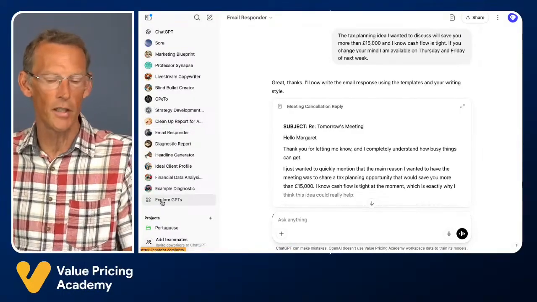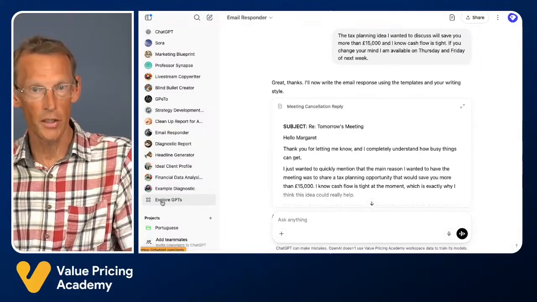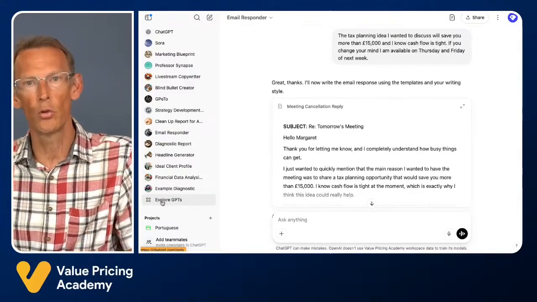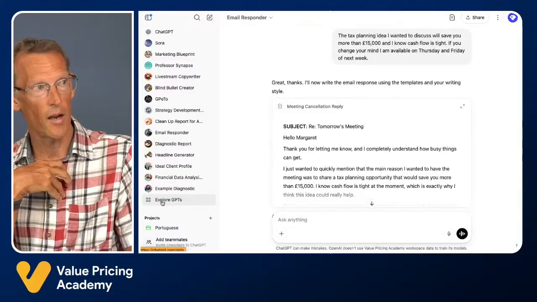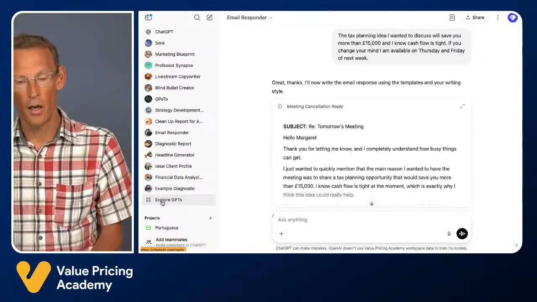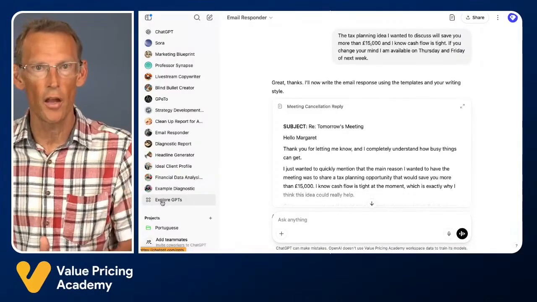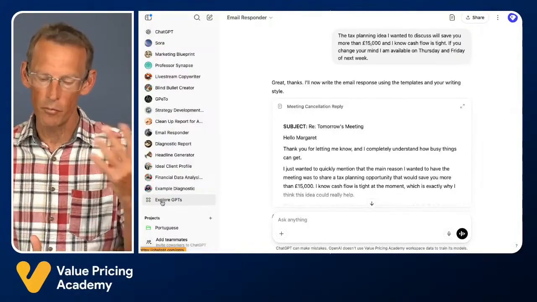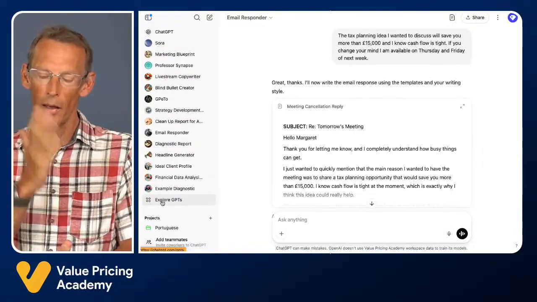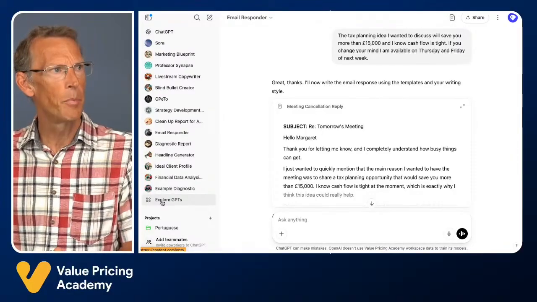If I explore GPTs, I can explore the public GPT store with the millions of GPTs out there, but also I can explore all the GPTs that I've created. I've probably created 30 or 40 over the last year and a half. Partly because I teach other accounting firms how to do it themselves, so some of them are just demo ones, but the ones that I use most frequently, I can put on the sidebar. So let's build a new one.